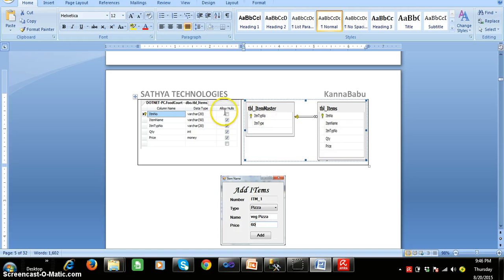In order to do that, we have one property of the combo box control. The combo box control has two properties: one is display member, the other one is value member. The display member property is used to set the column name that you want to display within the combo box control, and the value member property is used to insert the value whenever the user selects that particular item in the combo box. Let us see the code, you will understand.